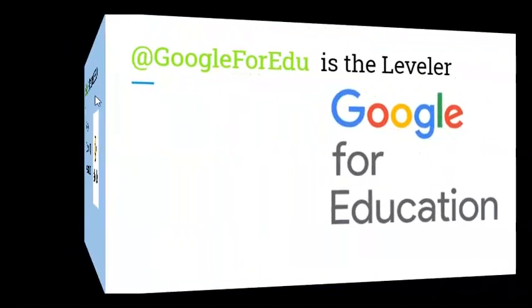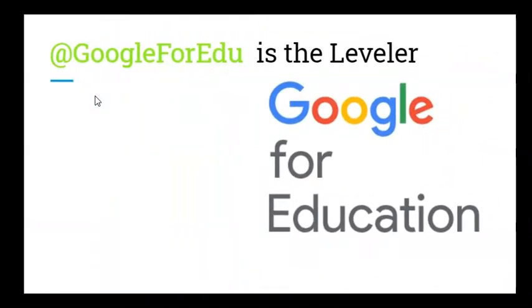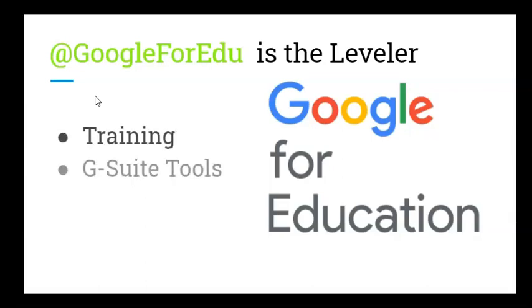The next tool in the toolkit is Google for EDU. This is our leveler. That's because you can become a Google certified educator. They have training for G Suite tools, and they will give you a certification if you pass their Level 1, Level 2, or trainer exam. So there's actually three levels of certification. There's a fourth level called Google Innovator, which is much more involved, and you have to receive an invitation to be a Google Innovator, and you will go to one of their training camps and do all kinds of things